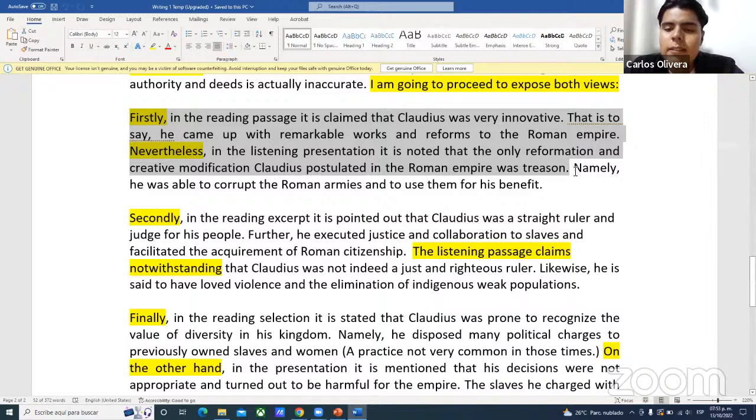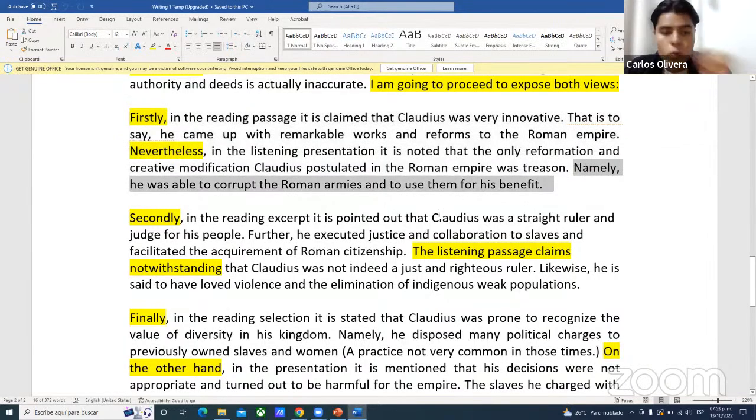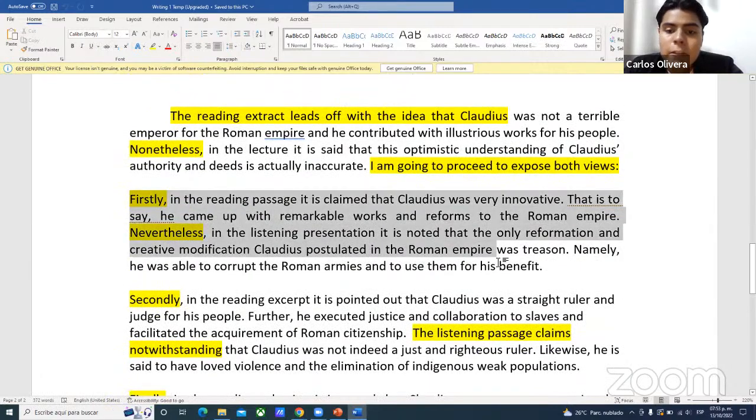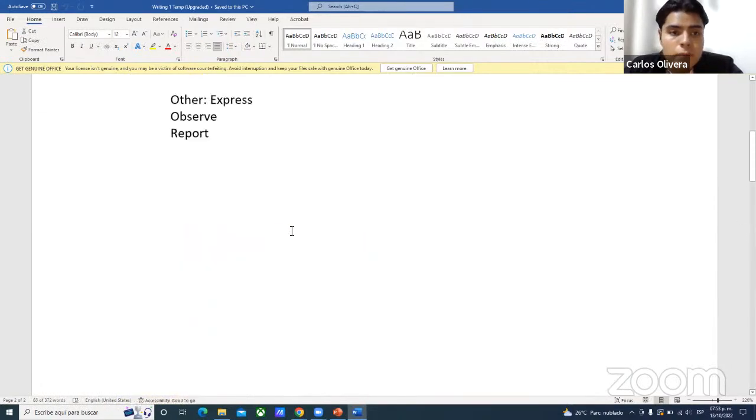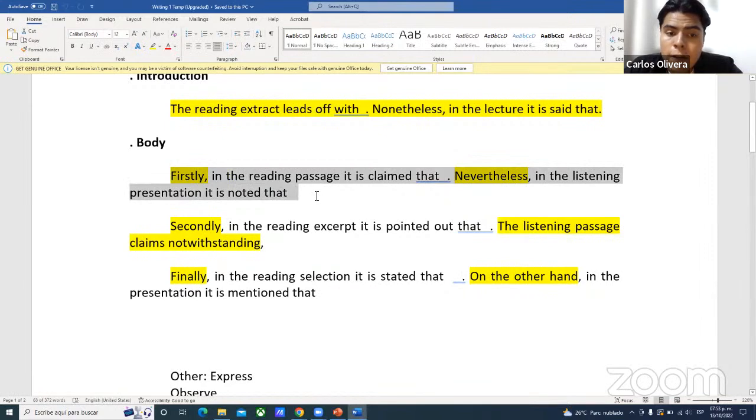okay? And this is a complement. Namely, he was able to corrupt the Roman armies and to use them for his benefit, no more than that. And this is the first part of the body. As you can see, we have summarized the first point made in the reading passage, and we have contrasted that point with what the listening passage said, and every single time summarizing, no more than that,